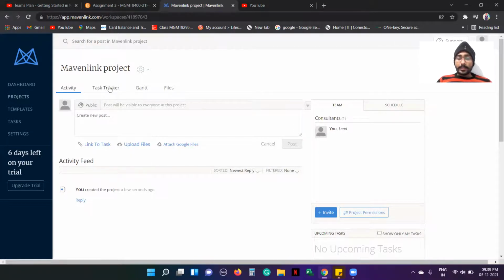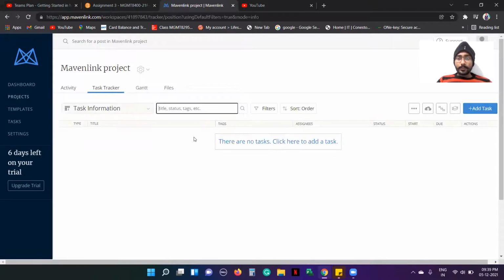As you can see, this is a task tracker. From this task tracker, when we fill in all the things, we can see all our tasks very simply on one dashboard.